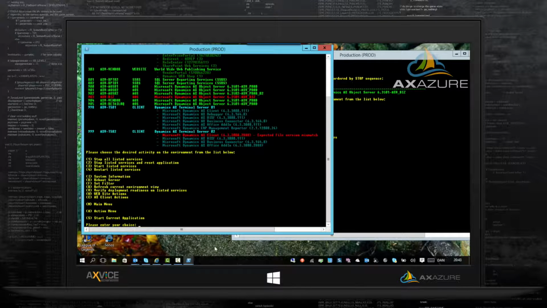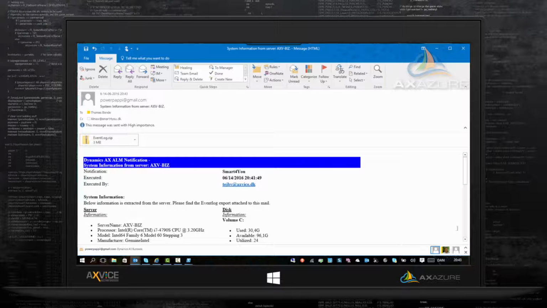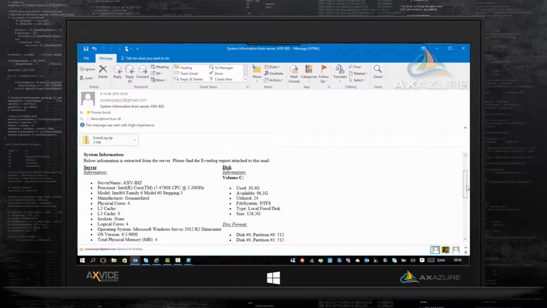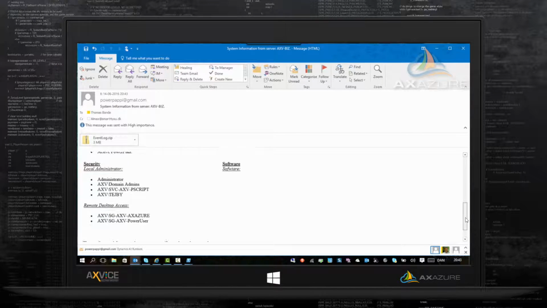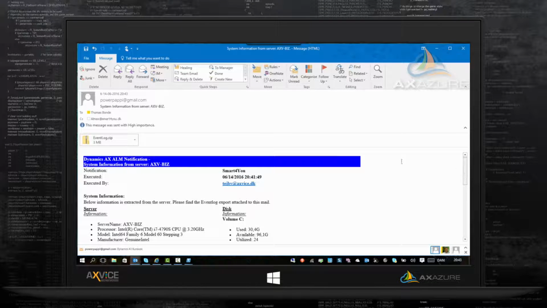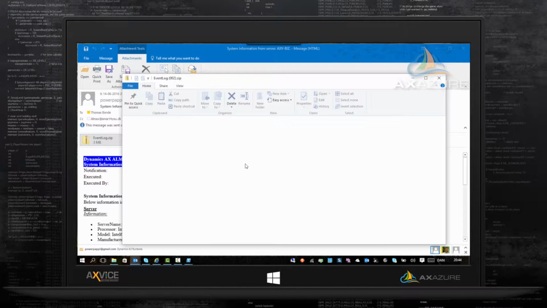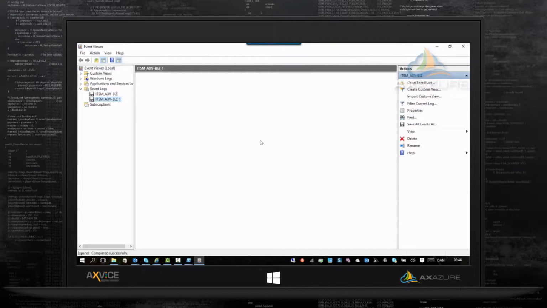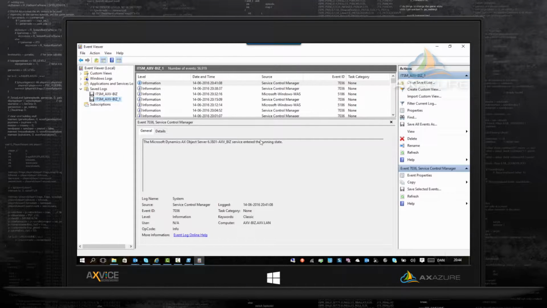The other mail that popped up was the system information, and the system information told me something about the server, about the disk format, security, and also who has access to the system and what software is installed. And more importantly, it actually attached the event log extracted from that machine, and this event log should show us